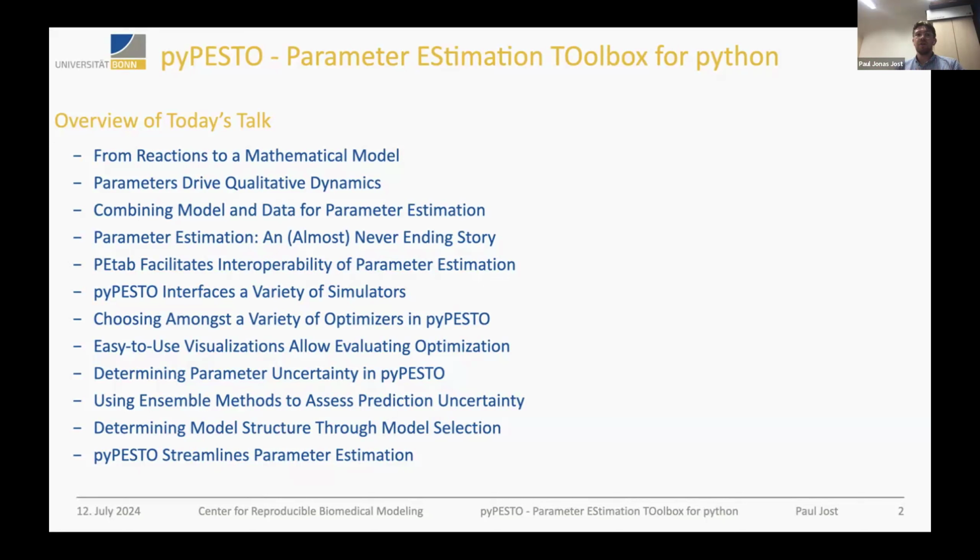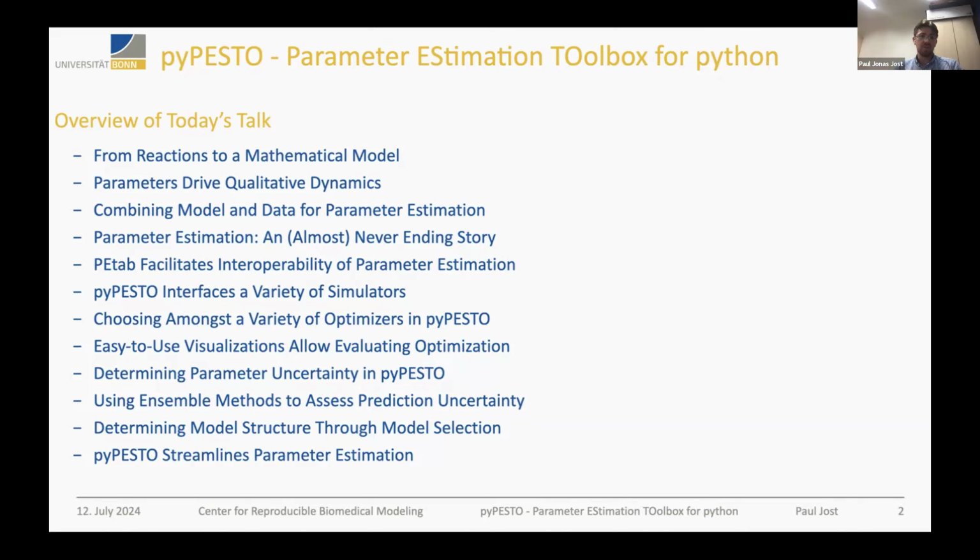Just using them raw would mean that you have to transform your data and your code in a manner that suits the corresponding tool. And this is where pyPESTO comes into play. It helps you streamline your code, helps you streamline the whole parameter estimation by providing interfaces to many tools that you can use within the parameter estimation